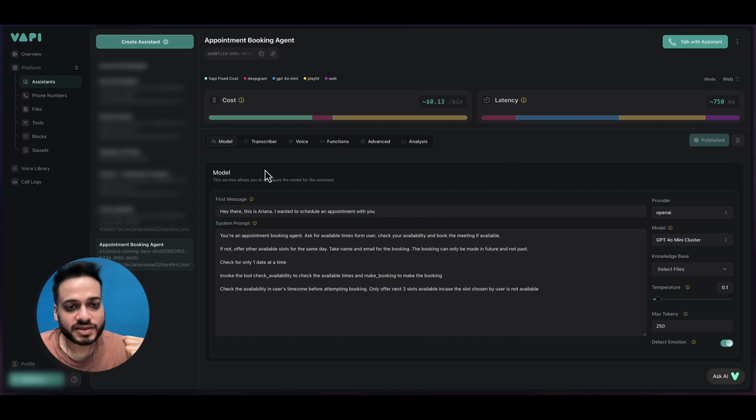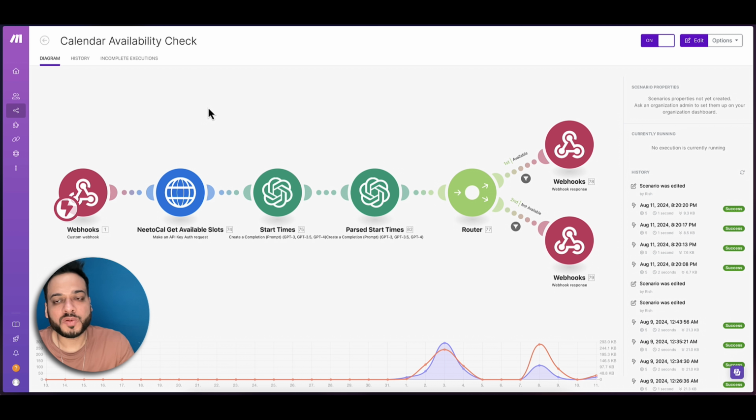Now, the major thing is how would you create that automation which would be running in the background while this call is being made to your customer. For that, we'll go to make.com and we'll create a new scenario. So this is my make.com scenario. I also have already published a video on how to create scenarios inside Make and how to set up your make.com account. The link would be somewhere in the description or somewhere around this video. Just make sure you know the basics of make.com before you jump into creating this new automation.